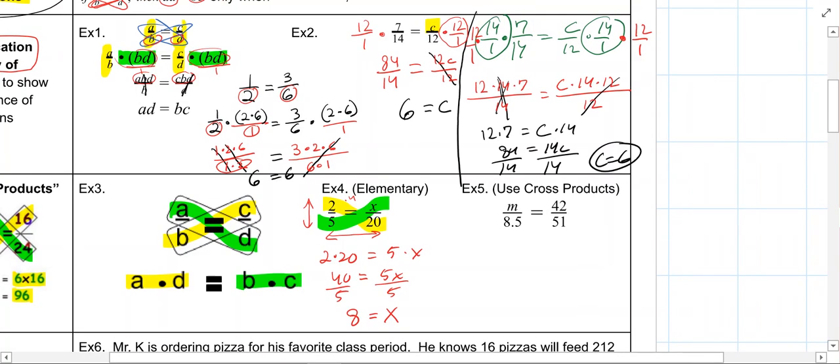Now, the reason why we don't use the method that you used in elementary school, those vertical and horizontal patterns, is sometimes you're not going to see them. Do you see a pattern here? You don't. So we'll simply go 8 times 5 times 42. I didn't say 8 times 5, did I? I did. 8 and 5/10 times 42